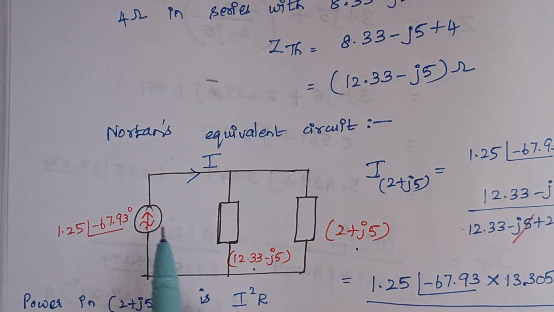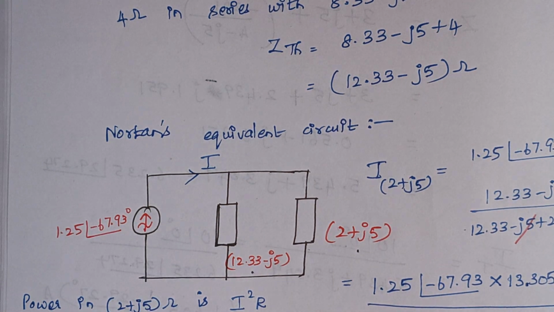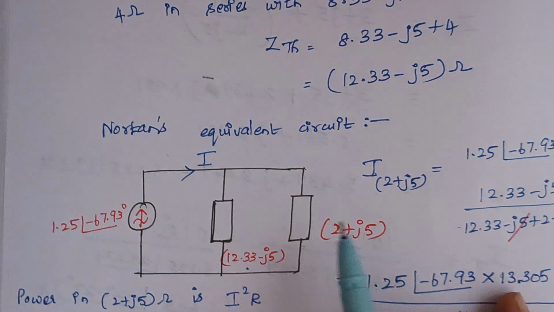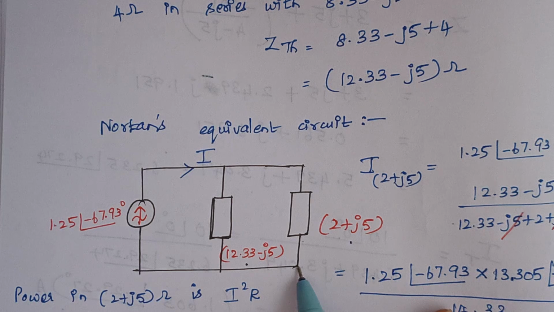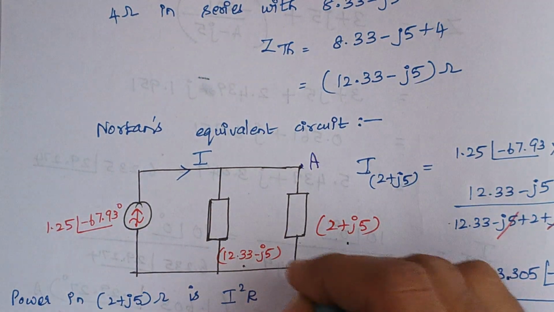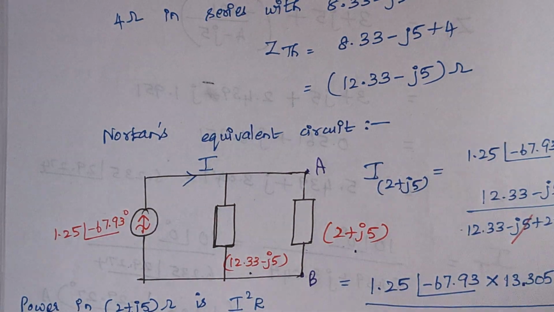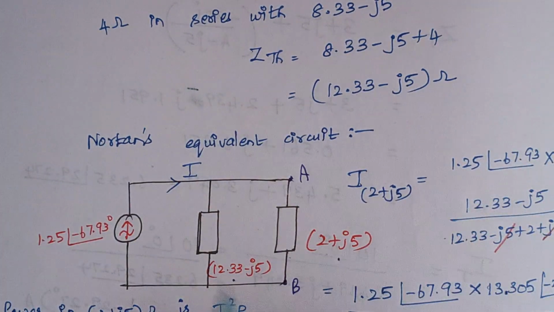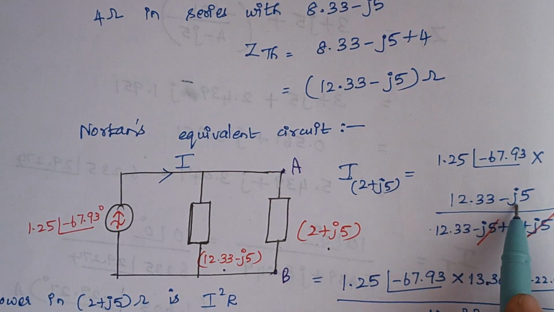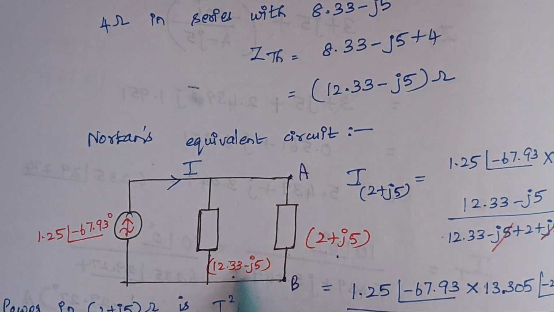Since here we are having a current source, we go for I square R. So again, by using the current division rule, we need to calculate the current that flows through this path, because we need to calculate the current that flows through this, right? So here, therefore, total current into opposite resistance, this is your opposite resistance, divided by total resistance, you have